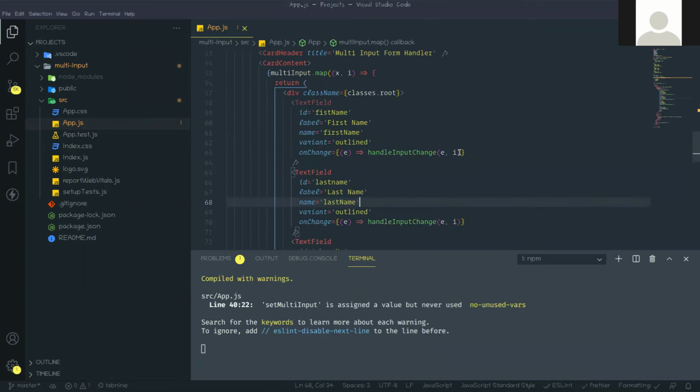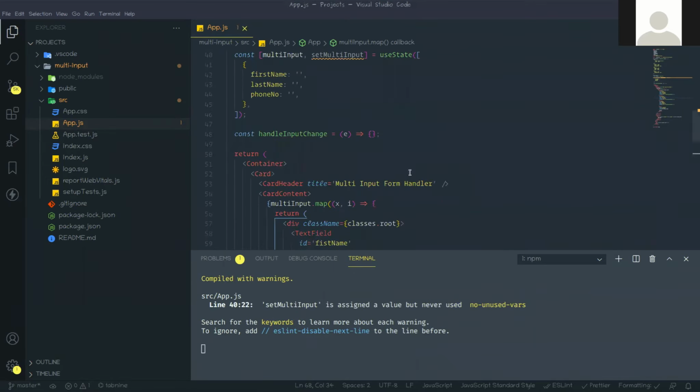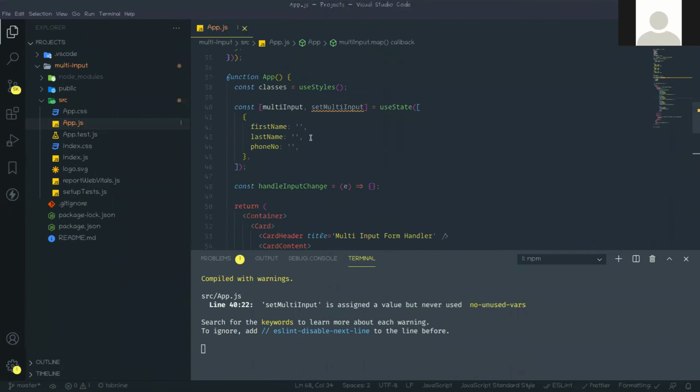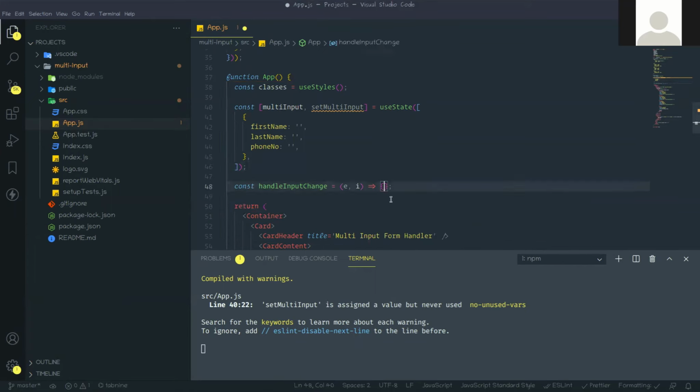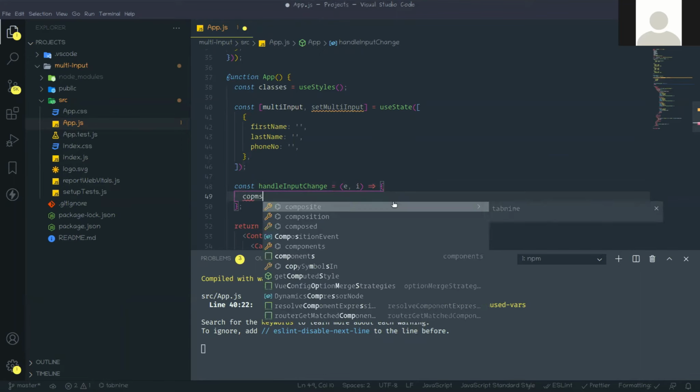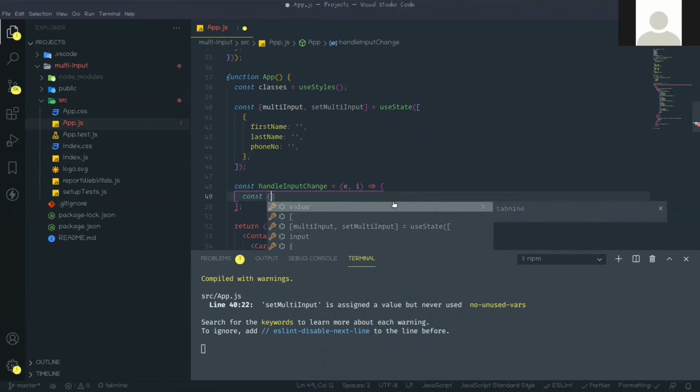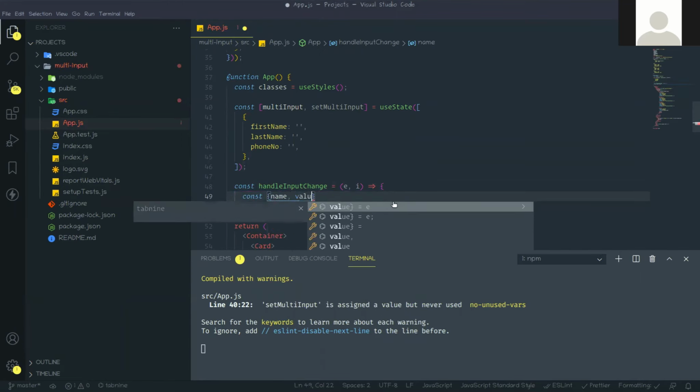So done. Now, when handle input change happens, when that function is called, it will take two arguments. One is event, another is i, that is the index number. So in here, first we need to take the name and value from the event target. So const name and value, I will take from e dot target.